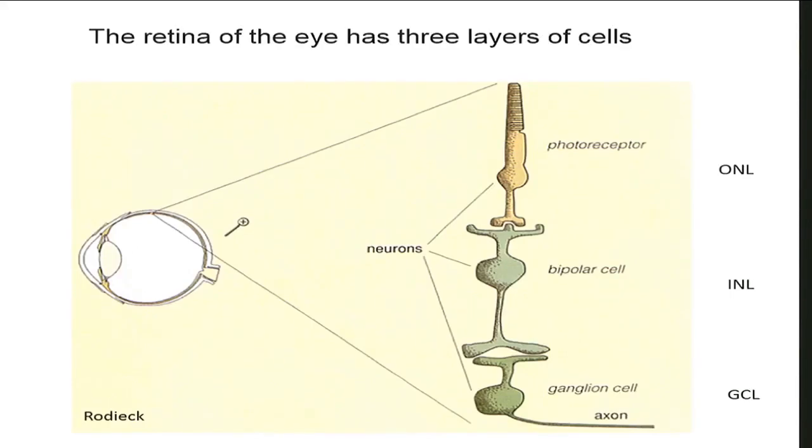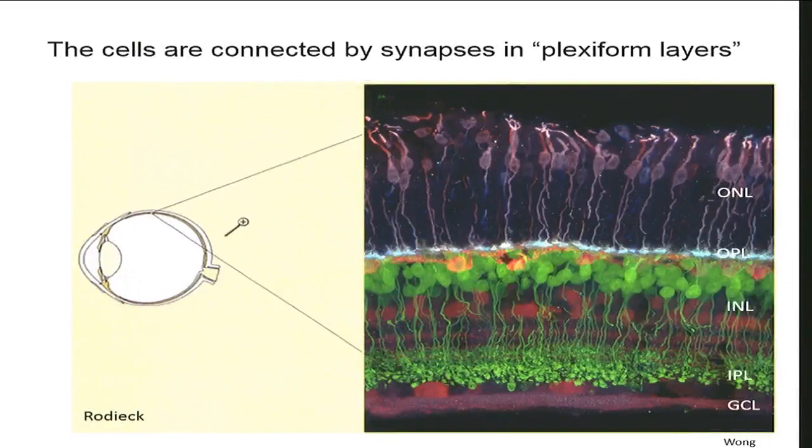The retina is a sheet of neural tissue at the back of your eye that transduces changes in light to changes in electrical potential. Those are relayed from the photoreceptors that first respond to light through bipolar cells sitting in the inner retina, and then finally to ganglion cells that coalesce in the optic nerve and go to the brain. These cells are organized in three layers: the outer nuclear layer, which contains the photoreceptors; the inner nuclear layer, which contains the bipolar cells and amacrine cell population; and then a ganglion cell layer that sends the projection neurons to the brain.